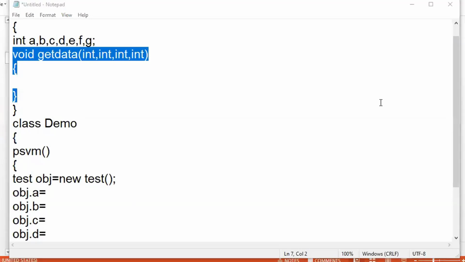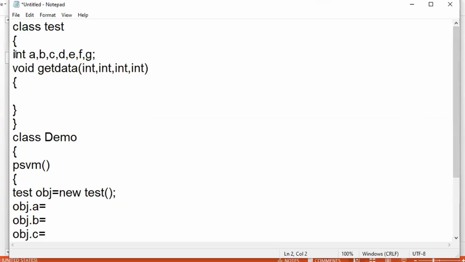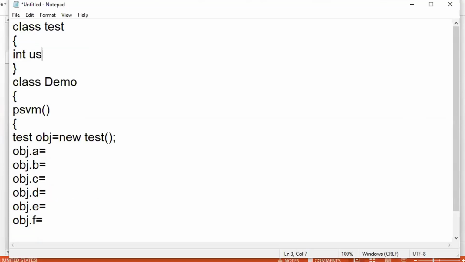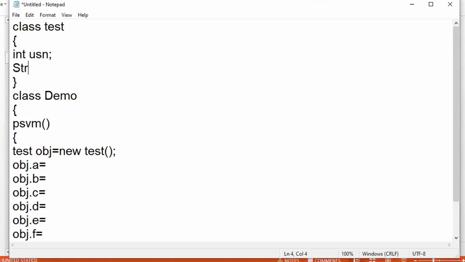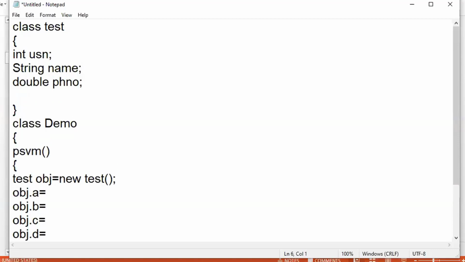Okay, let us consider this class name is Test itself, and my intention is to put values for something like this: int sn, String name, double phone number, and a lot of other information like String date of birth. So these are the pieces of information with respect to one student.